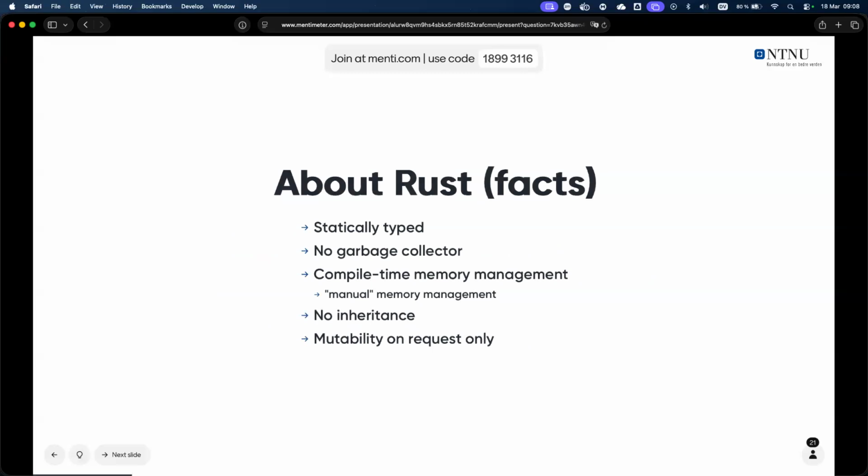So it is statically typed, strictly typed. There is no garbage collector. There is compile-time memory management. And there is no inheritance, and mutability is on request. So you can see the no inheritance, we talked about it. We will have one more lecture about object-oriented programming and certain features of why object-oriented programming is a little bit